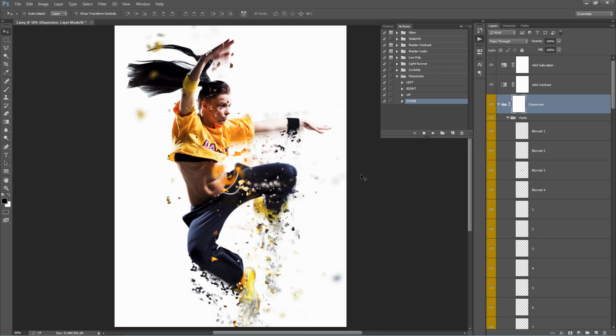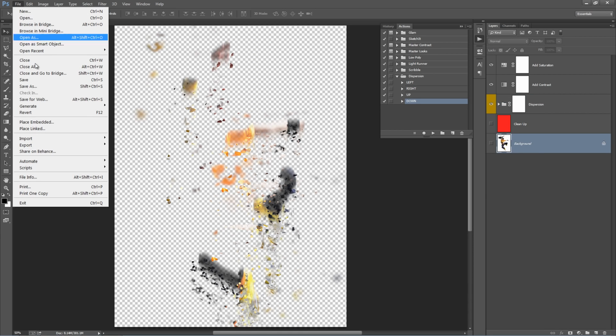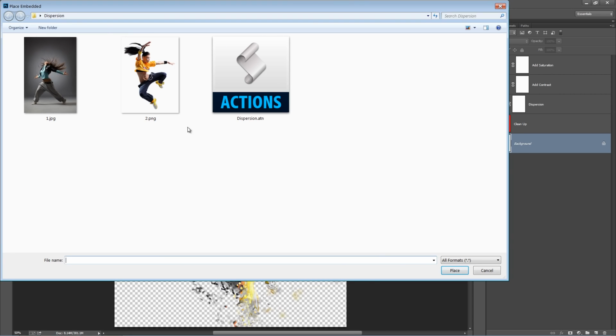So here's our result. Now what I want to do here is remove the white background and bring in the transparent background like our original PNG. So to do that, I can just hide our background layer, just like that, so it just keeps the dispersion effects. And I can go File, Place, select the PNG,